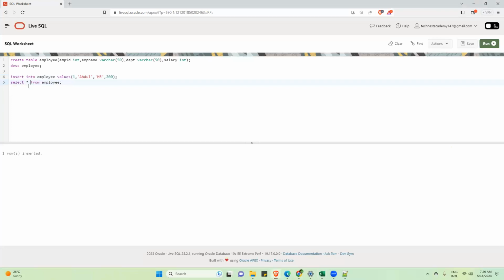Then star. What is the meaning of star? To display all the columns. From which table? From the employee table. So the meaning of line number 5 is you are telling the SQL engine, please display all the columns from the employee table. Click on the run button. Now see, it is displaying all the columns, and the row you have inserted, Abdul, HR, 200, has been inserted here.